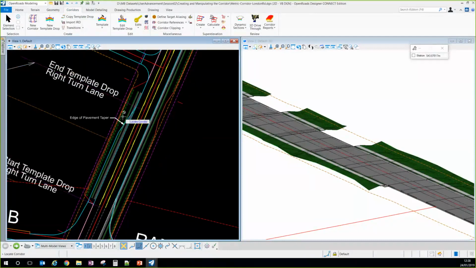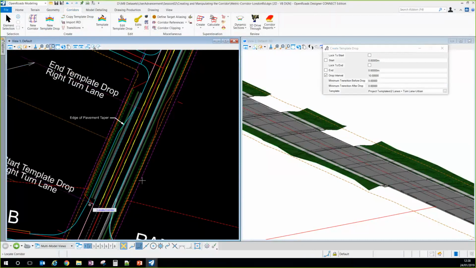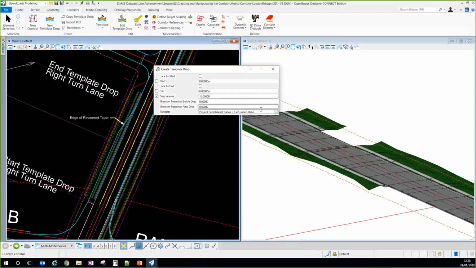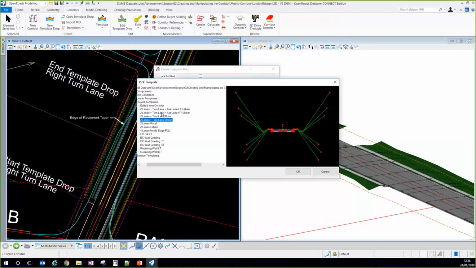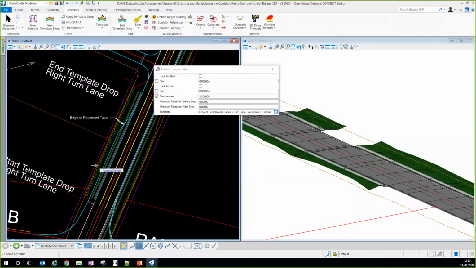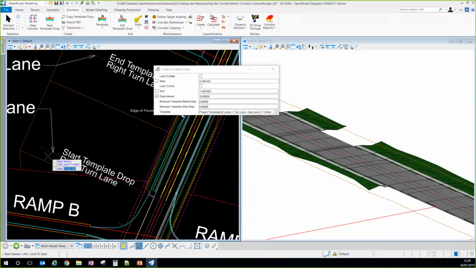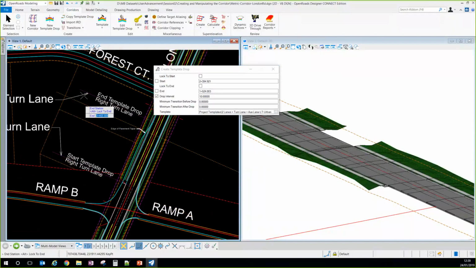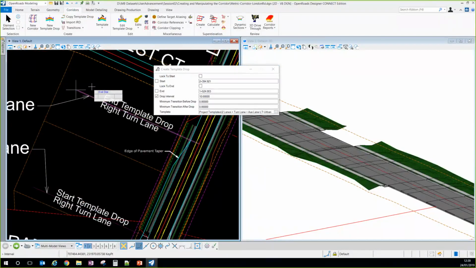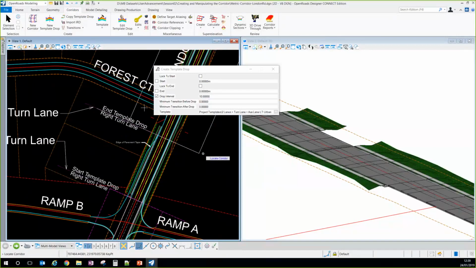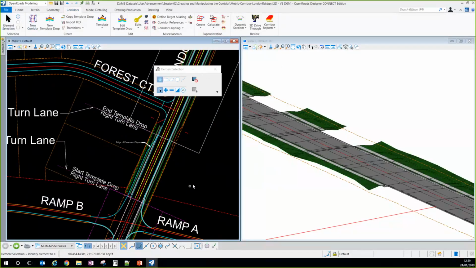So to do so, we have two solutions. The first one is to create a new template drop in this area, and I would use one containing an auxiliary lane on the left. I locate my corridor, I validate the template I want to use, and I want to apply it from here until here. And so I validate the other values. And it should be okay. So let's have a look at what